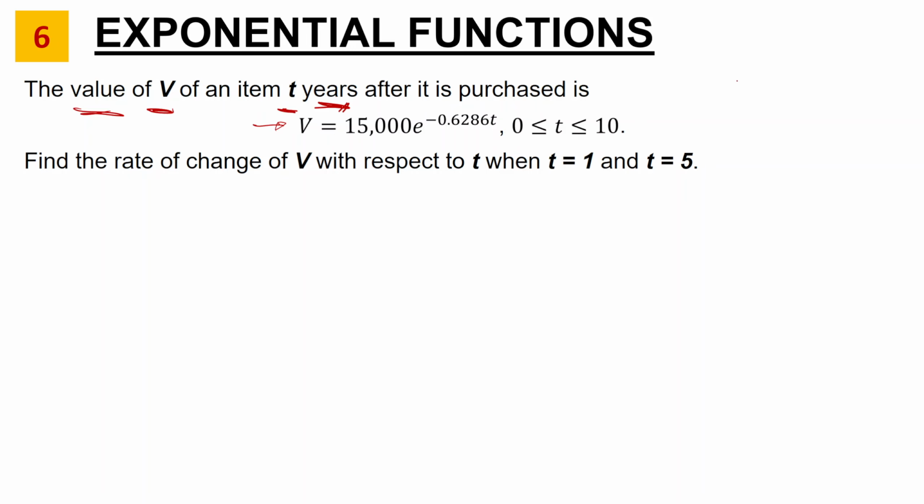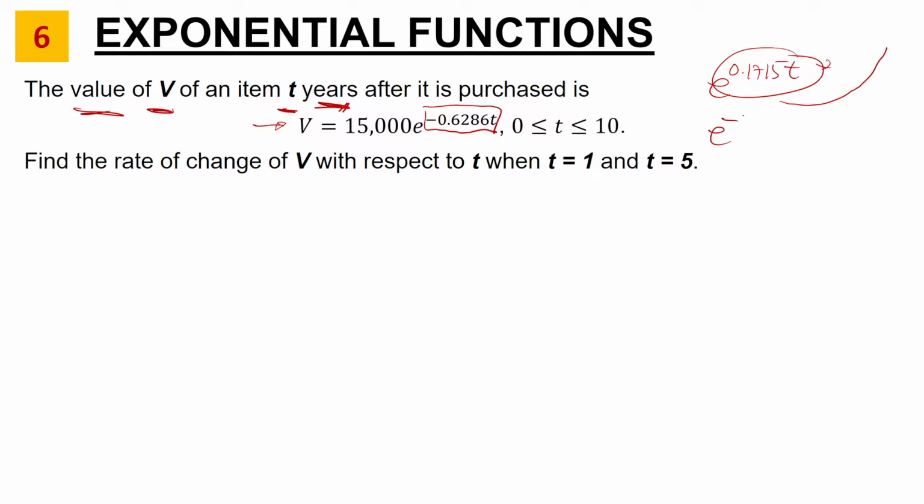In our previous problem, if you remember, we have e raised to 0.1715t. This means that if we look at the graph, this looks increasing. It means that the number of shares traded is increasing per year. But this one here, we can see that our e has a negative exponent.